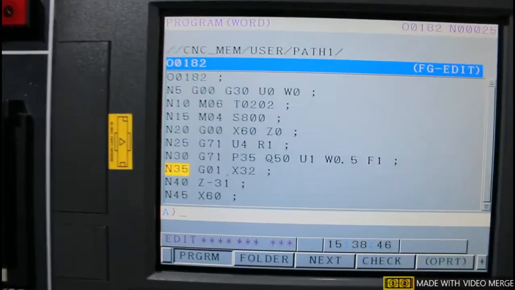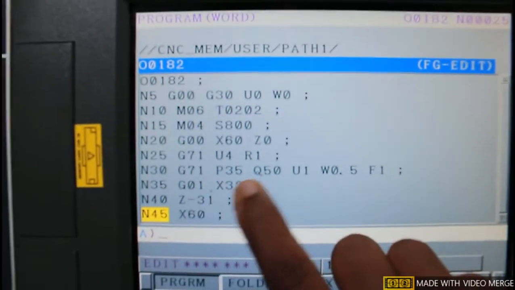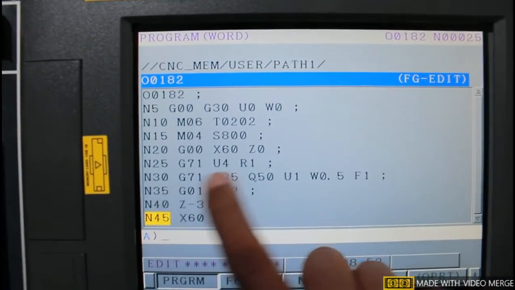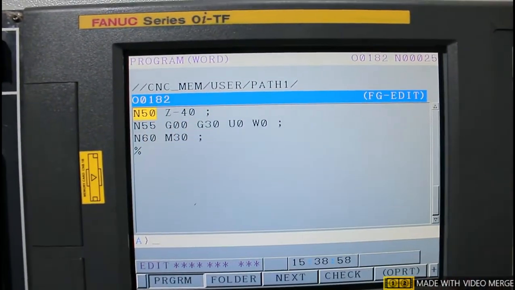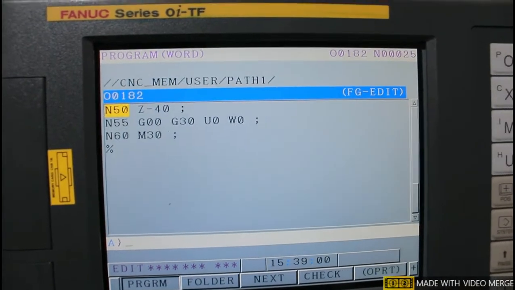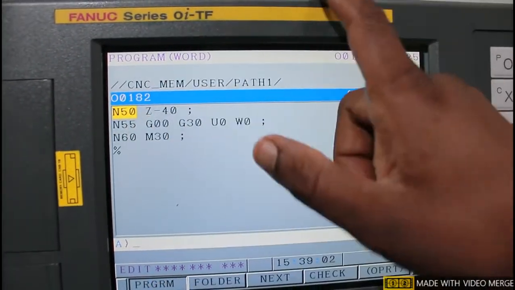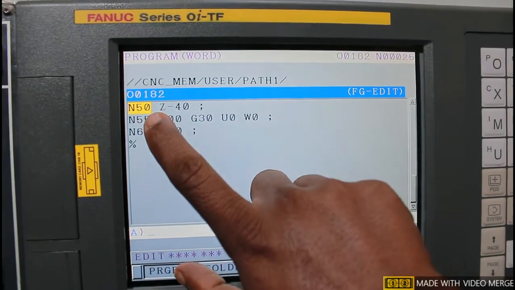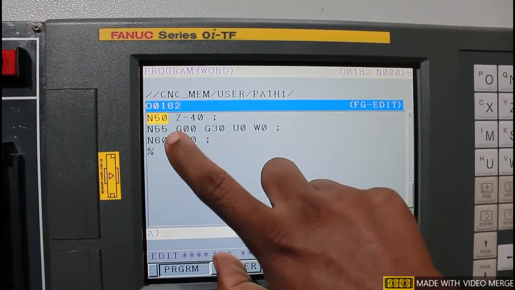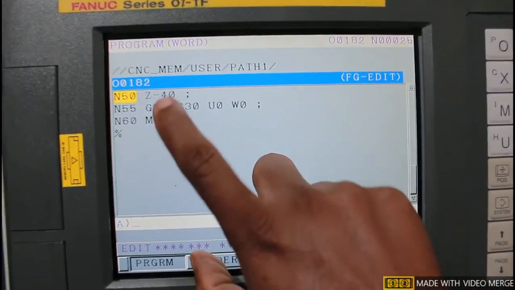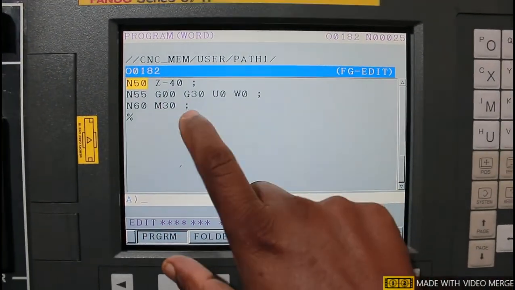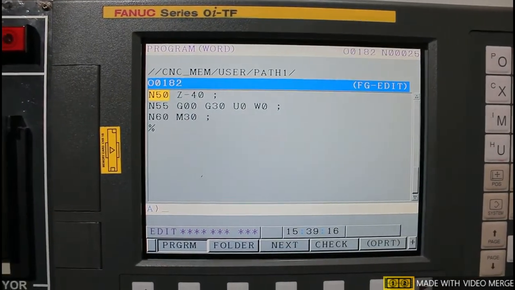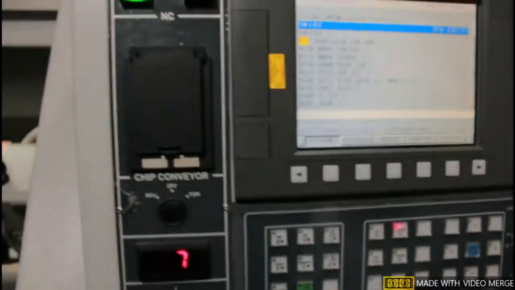This is the starting line of this profile or contour starting point, that is N35, here 35 is there. And then the contour will end at 40. This is at the Q position, and we have to write this number at Q. After completion of this profile, the tool will move to its home position, and this is for program end and rewind. Now I will show you how it will work automatically.